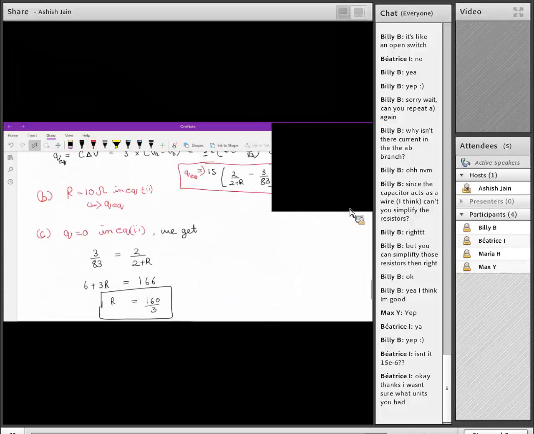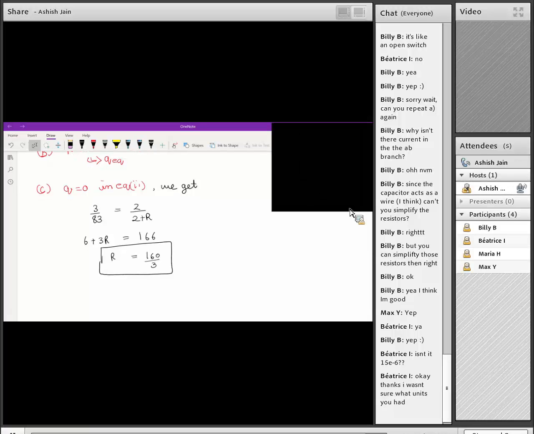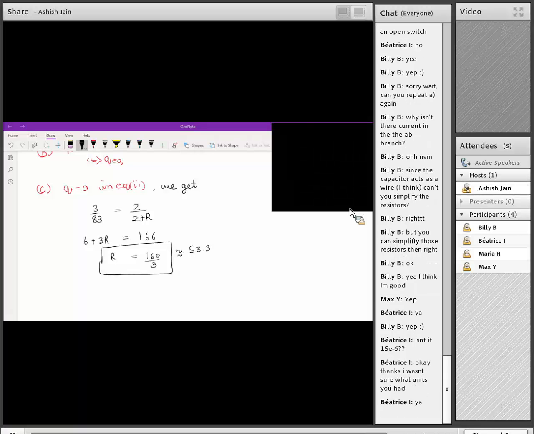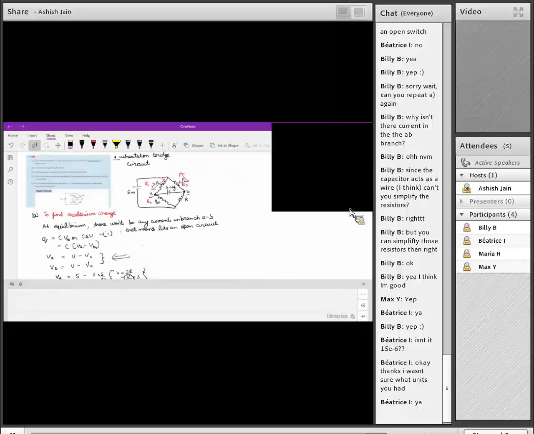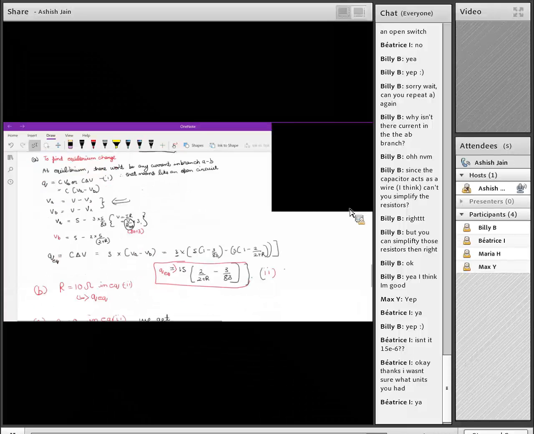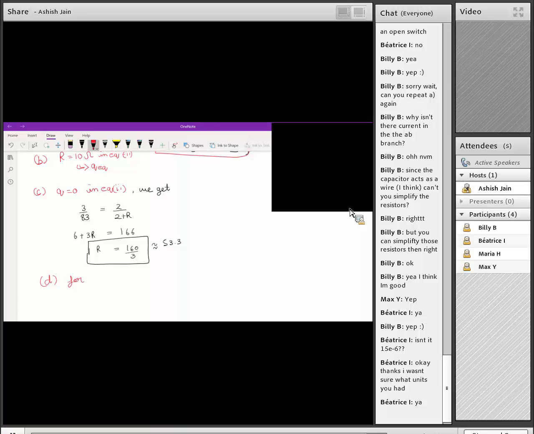What else do we have? This will be around 53.3, if I'm not wrong. And D part: what is the maximum possible magnitude of the charge on the capacitor? For what values of R is it achieved? So maximum possible charge, D part, for max charge,